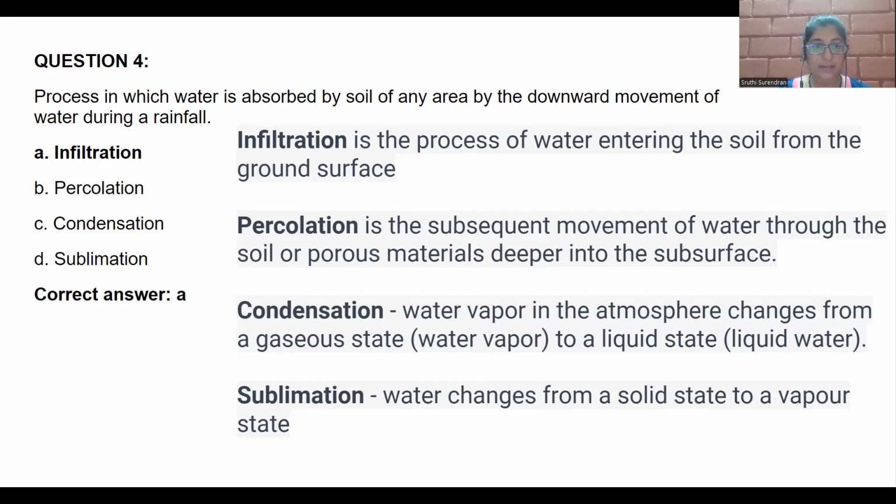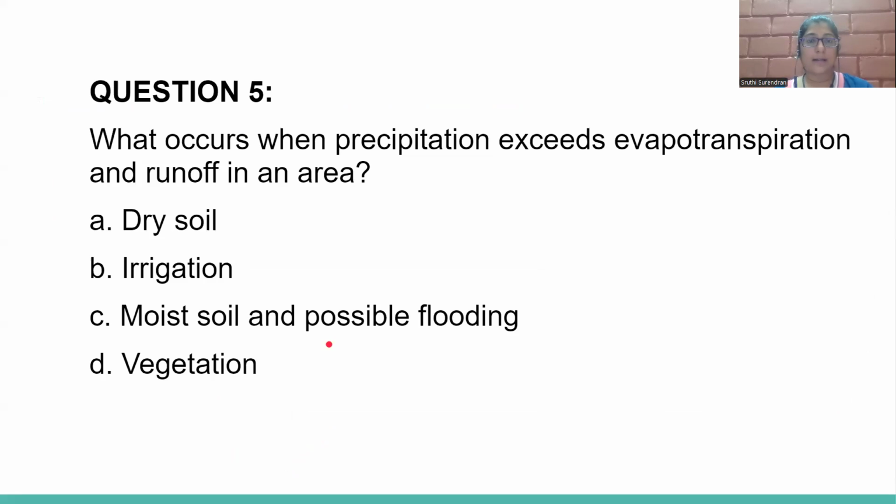So moving on to the next question. What is occurring when precipitation is exceeding evapotranspiration and runoff in an area? What happens when this rain that is occurring is more than the water that is going off as evapotranspiration and runoff, what will happen? Does it result in dry soil? Is that what irrigation is called? Does it result in moist soil and possible flooding or vegetation? I don't know why that choice is given, but